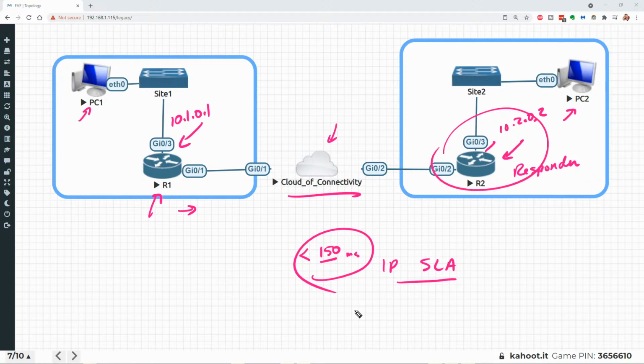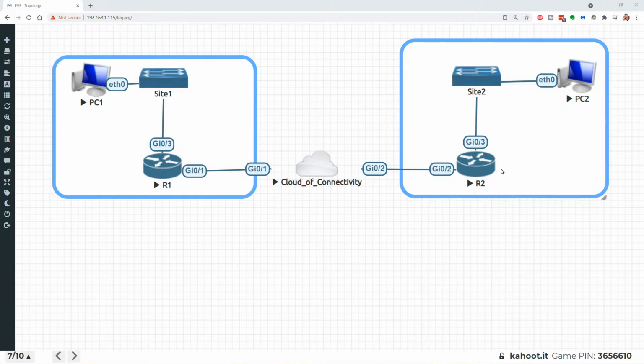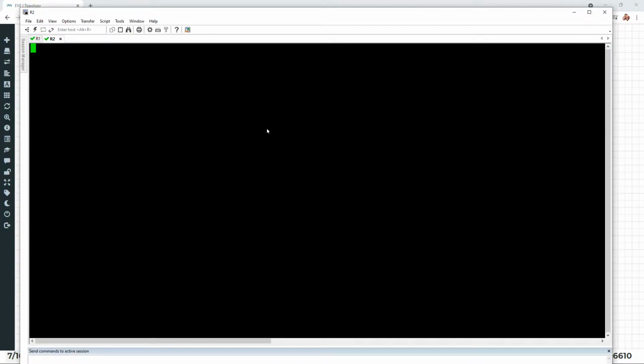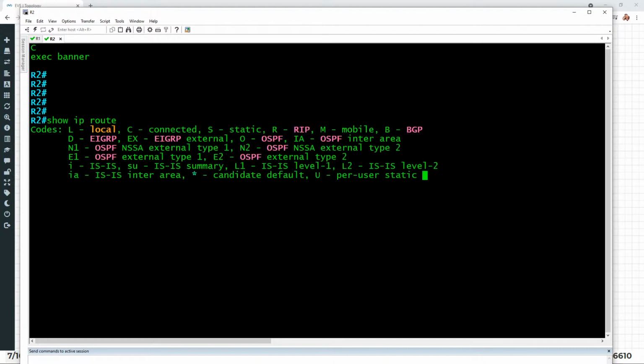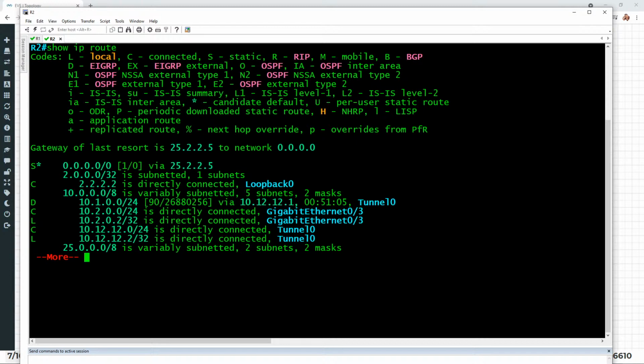And so, you know what? Let's do it. It'll only take a few moments. Let me bring up this router. That's R2. And let's make him a responder. The way we make him a responder, you're going to like this. First, let's verify our routing. I learned a long time ago, before you set up additional features like IPSLAs or security, make sure you have basic functionality first, because once you have like 8 layers of stuff going on and it's not working, it never works.